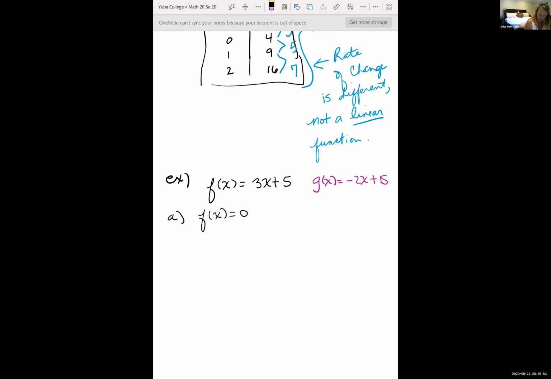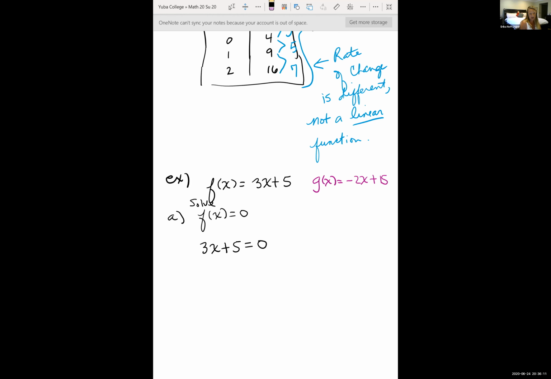Or it says solve f of x equals 0. Well, you should know that we're setting our equation f of x, which is 3x plus 5, equal to 0,